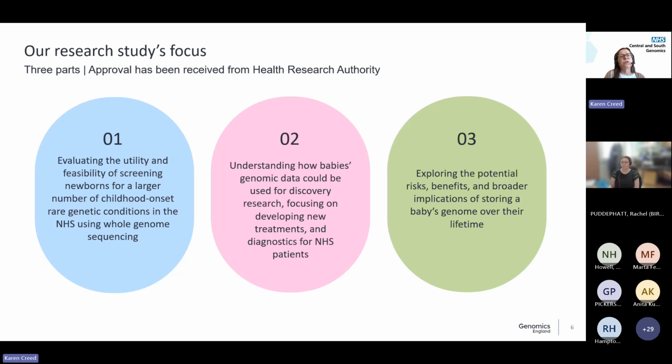So we use it for diagnosis. When we're using it as a screening test, we're starting off with a healthy asymptomatic baby. So we don't really know how well whole genome sequencing is going to perform when used as a screening test at the moment. Secondly, we're going to store all the genomes of the babies in the National Genomic Research Library,